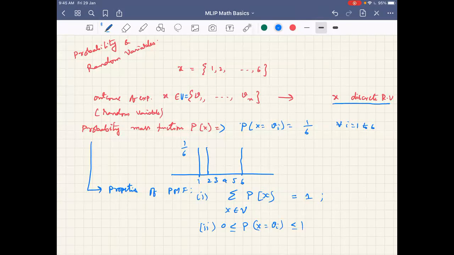Can you give any other example of a discrete random variable? Coin toss, like tossing a coin three times, is an example. Coin toss is another example. Now let's move on to the continuous random variable. Hope these things are very clear. We will see later when we have more than one random variable in place, so we will discuss that later. But let's move on to the continuous random variable now.